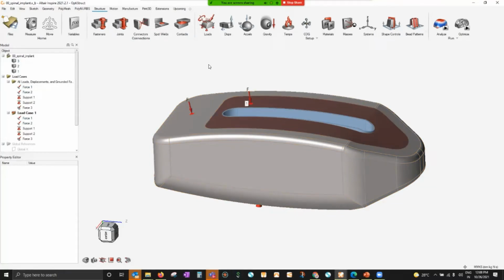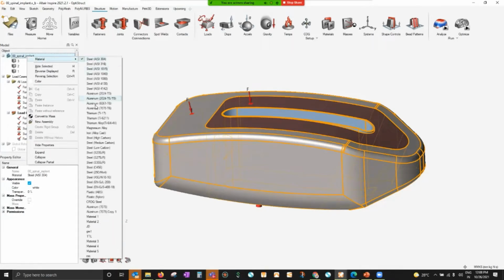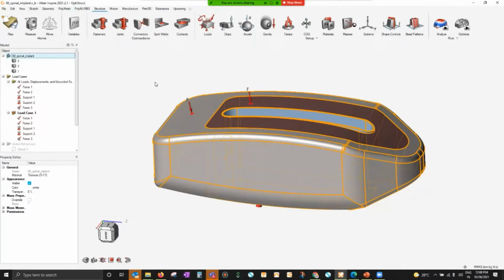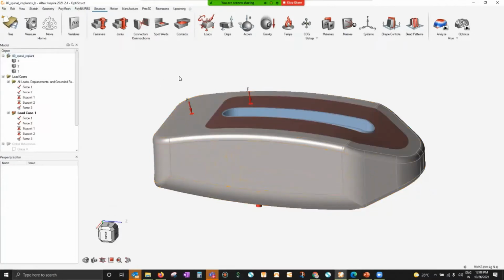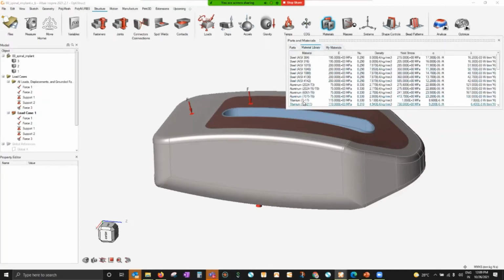So for that, you just have to click here. That is the top level of your model browser, and right click, and you say material, and choose titanium as a material. So TI17, you can choose this material. There are many other types of material, and you can create your own material as well if you don't see the material of your choice. Or even if you see the material of your choice, you want to understand what properties are considered, you can go to this material icon, and then you can go to the material library, and you will see how